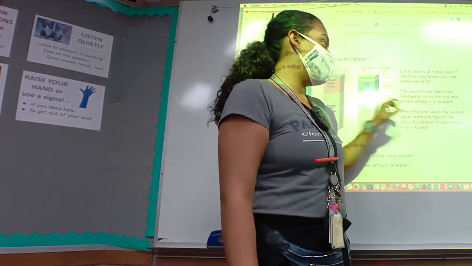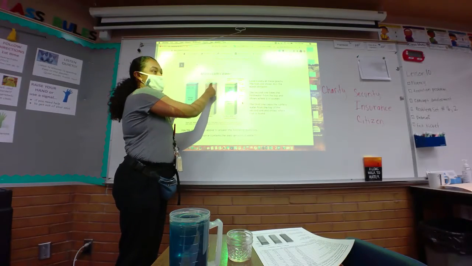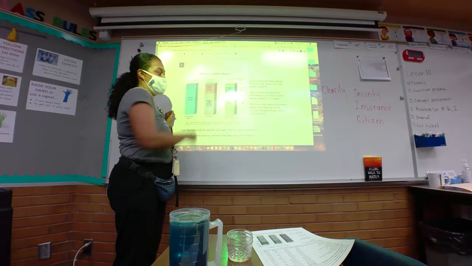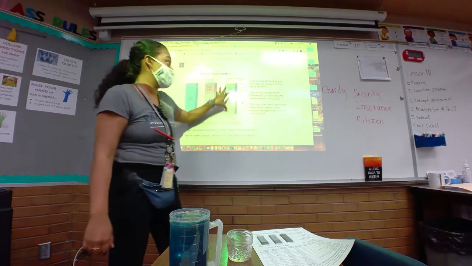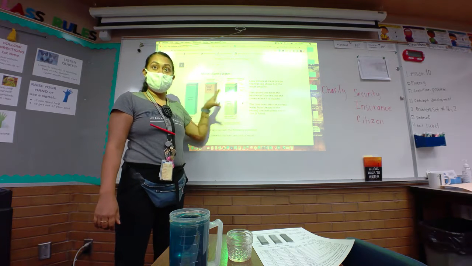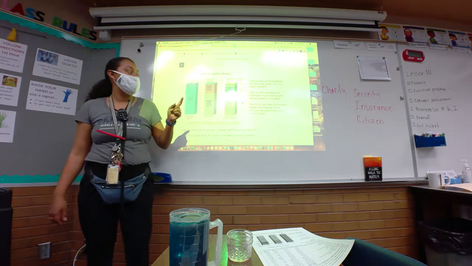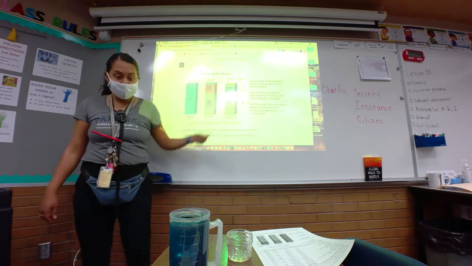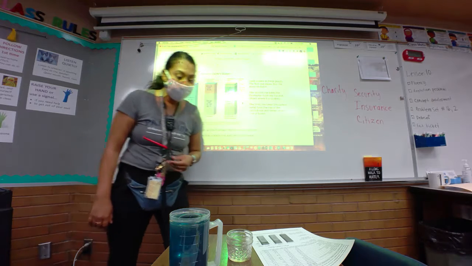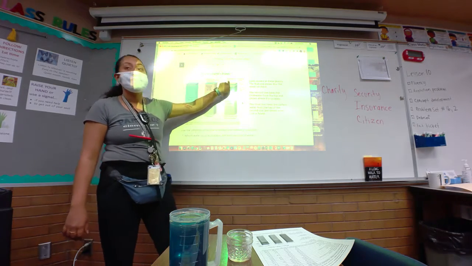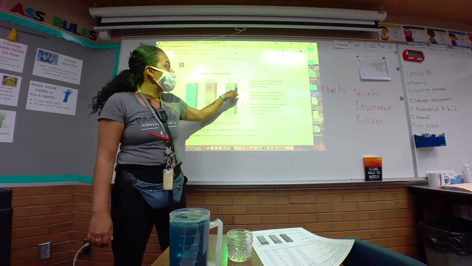The third graph takes the surface water from the top of the second one. So this is other fresh surface water that we have on Earth. And it shows where that is found. So where is it found? What does it say on the graph, Dylan? Lakes. And what else? Ground ice and permafrost. What else does it say on the top? Swamps, rivers,